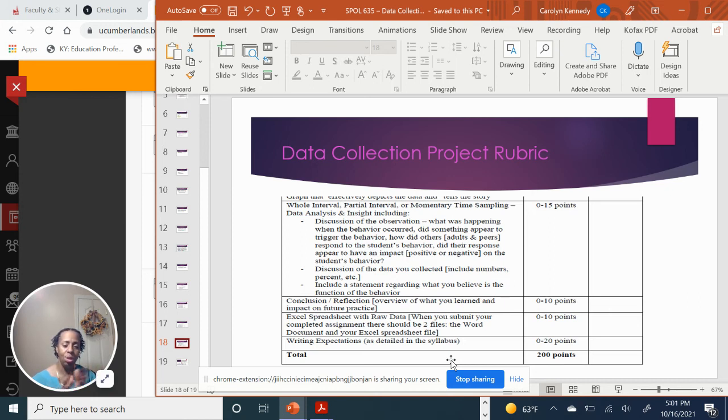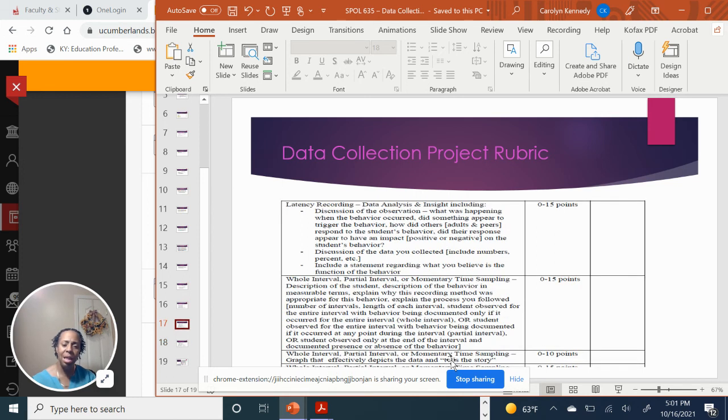Like I said, what did you learn and how can you apply it? And then uploading your raw data, your Excel sheet, 10 points. And you're probably thinking, I make 4 graphs and I'm only getting 10 points for it. No, not exactly. Because when you look back at the sections, remember for each one of these, graph was mentioned